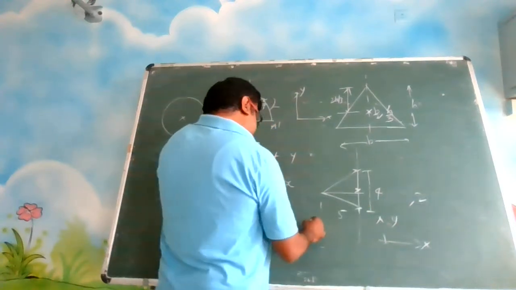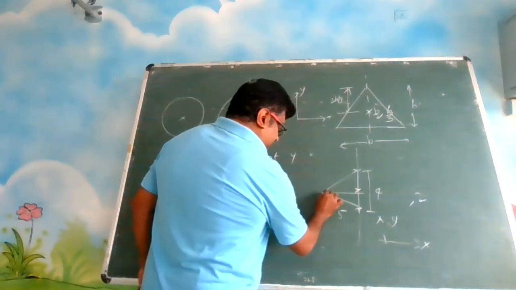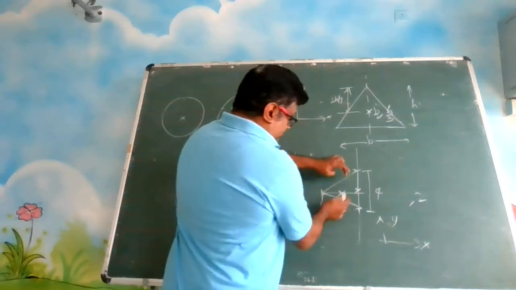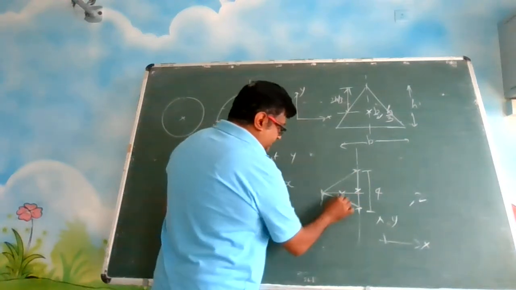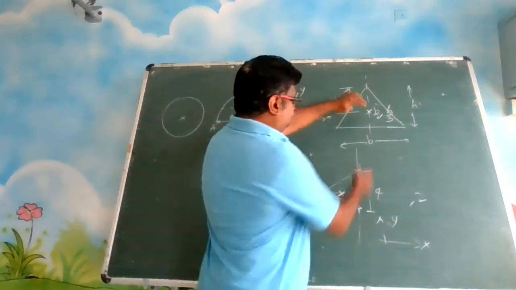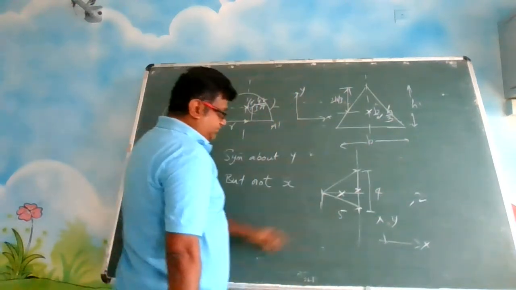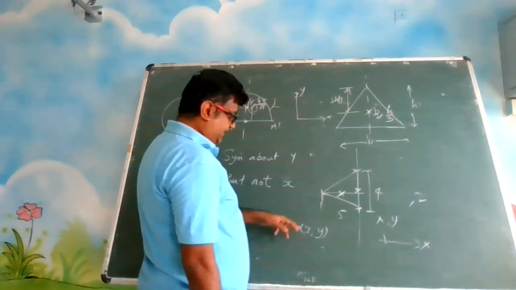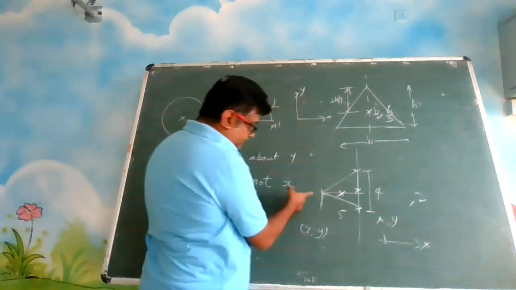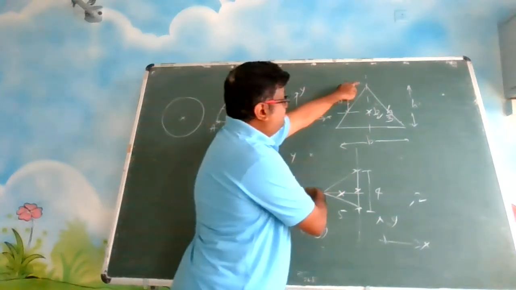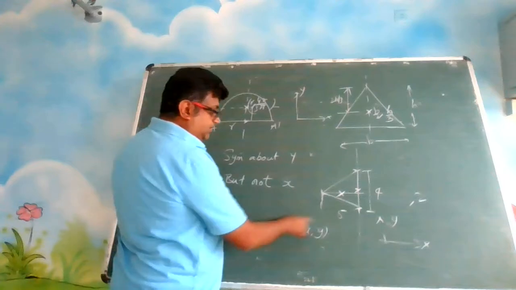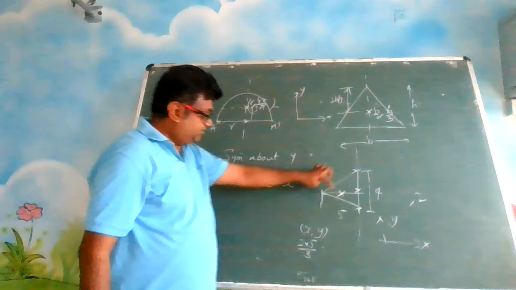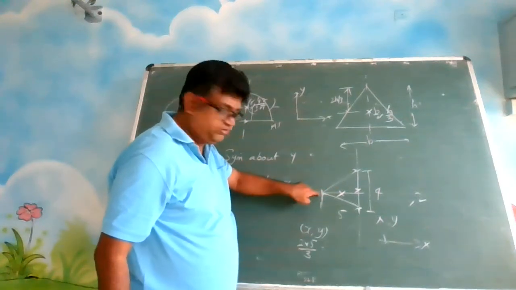Okay? Now, suppose you are taking this as the reference point. The centroid will be here. The centroid of this diagram will be here, like this. I tilted this. So it has two coordinates. I have to find x, I have to find y. X is this dimension. From where are you measuring? From the vertex you are measuring. So what should you write? 2 into 5 by 3. Centroid 2 into 5 by 3 because you are measuring from the vertex.